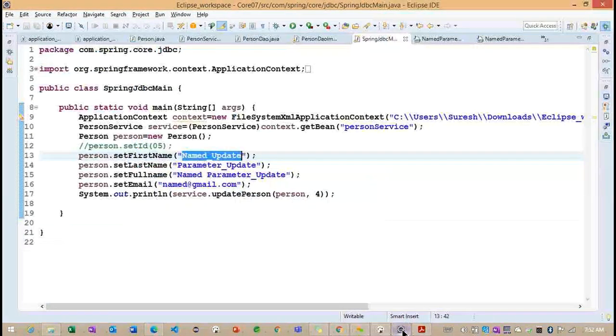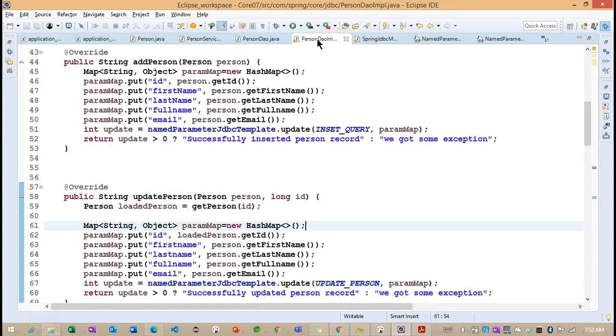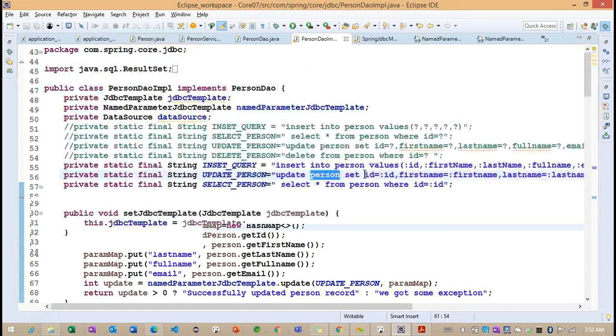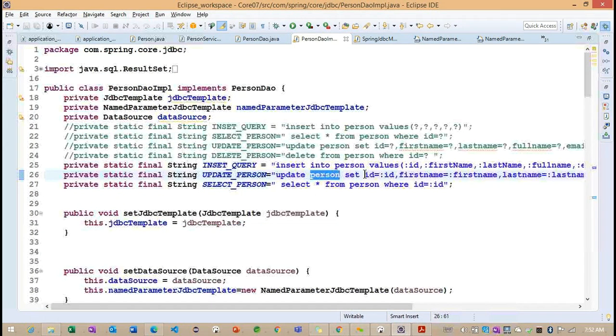But what we can understand internally, the update query we implemented first uses the get method to load the record based on this particular ID. Right. After loading an object, whatever properties we get, we try to update those properties here. If you are not interested in updating all the properties here, what we can do? Go for the specific ones, and internally inside this particular SQL query, here the set ID we are going to update, our first name, our last name, our full name, whatever property we are going to update, we can define the appropriate property here. Getting the point.